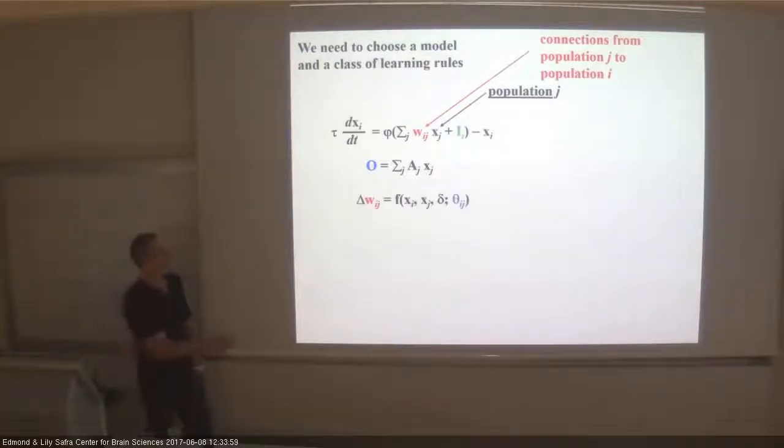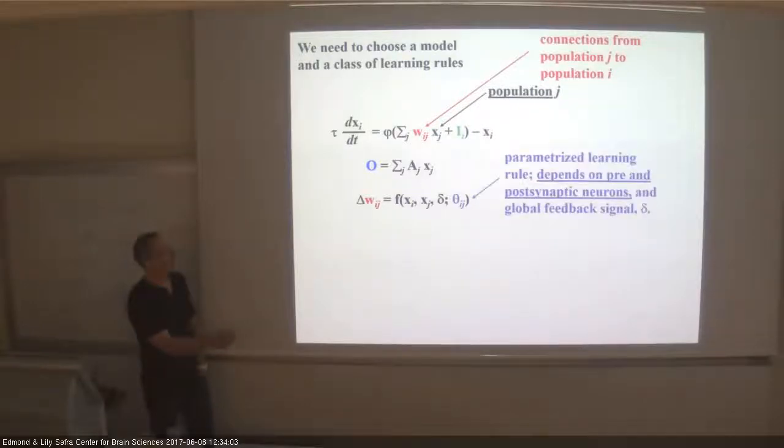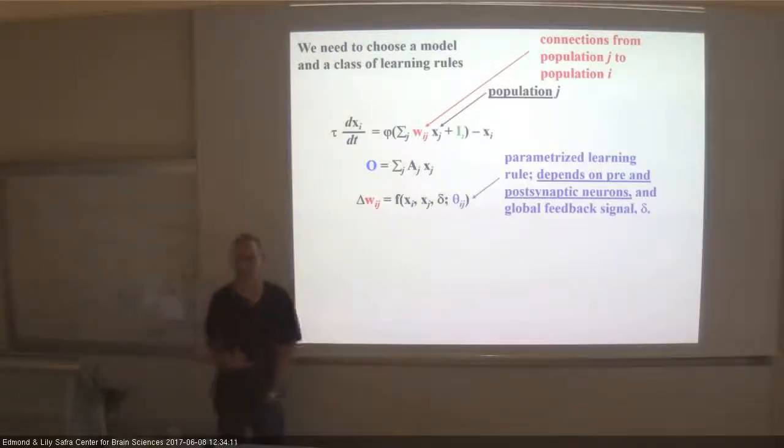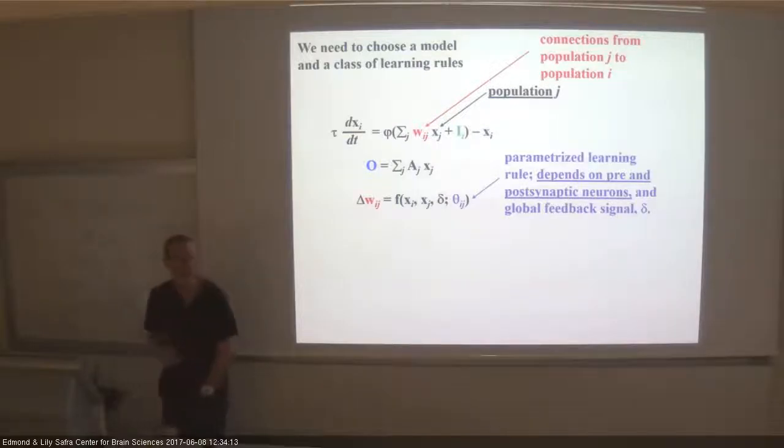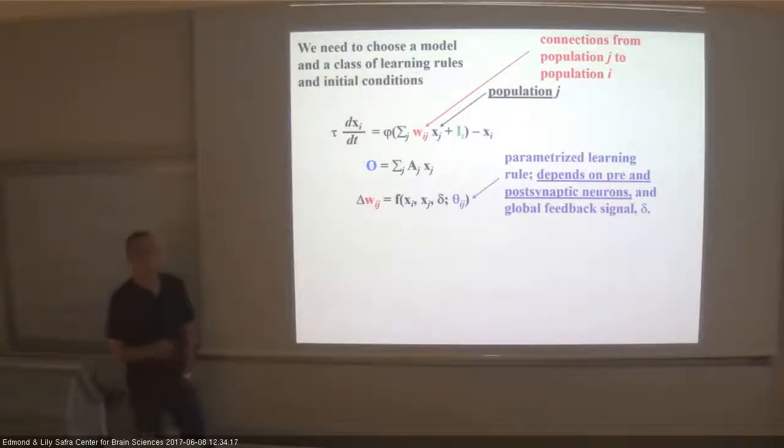Then there's the class of learning rules, and this is going to be super important. Right now I'm writing the simplest possible learning rule. It depends on pre- and postsynaptic activity, maybe a global feedback signal, and a bunch of parameters. The goal is to optimize those parameters to make the learning rule work as well as possible. Okay. So you have no connections within the population? Say it. Within a population there could be... No, there are connections within a population as well. So there are also the diagonal terms,